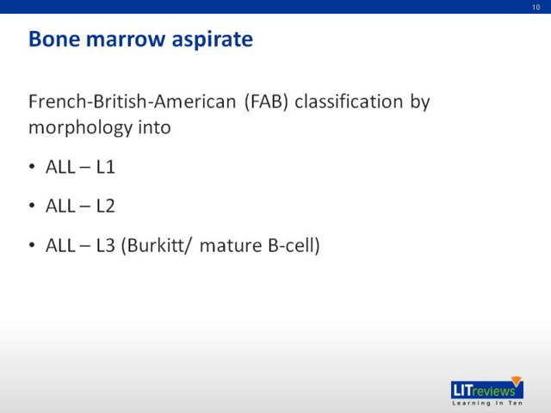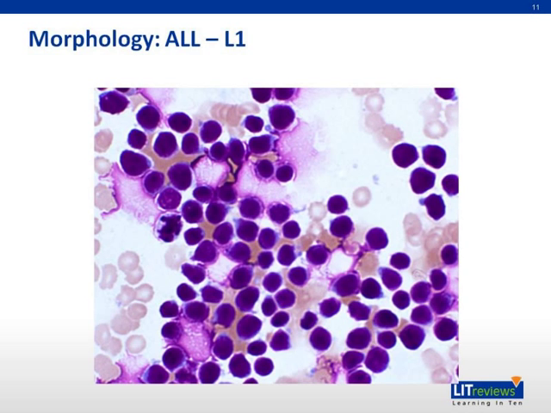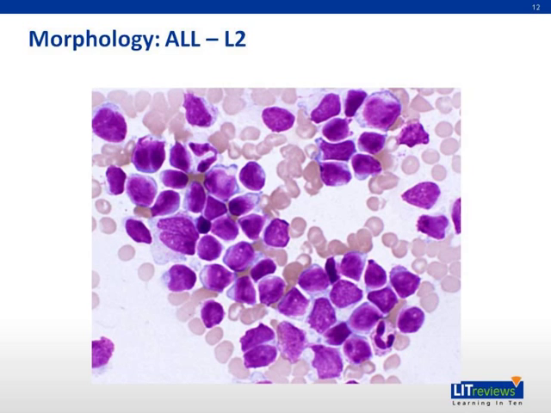According to the FAB classification, acute lymphoblastic leukemia can be morphologically categorized into ALL-L1, L2, or L3 subtypes. ALL-L1 is characterized by lymphoblasts which are uniformly small to medium in size. They have very high nucleocytoplasmic ratio, and they have quite inconspicuous nucleoli. Under the microscope, ALL-L2 usually consists of a mix of small and large lymphoblasts which have more abundant cytoplasm, irregular nuclear outline with more obvious nucleoli.